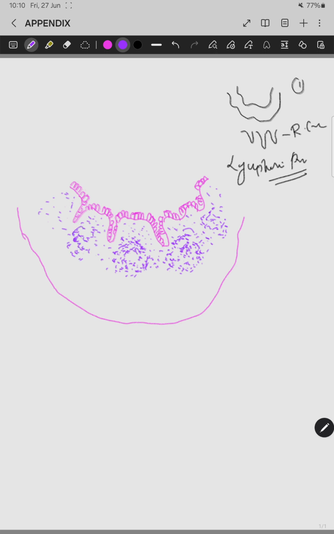So just draw like this and try to put the germinal center in the center or slightly eccentrically towards one side, and put the lymphoid follicle. And usually in between this we can see the glimpses of